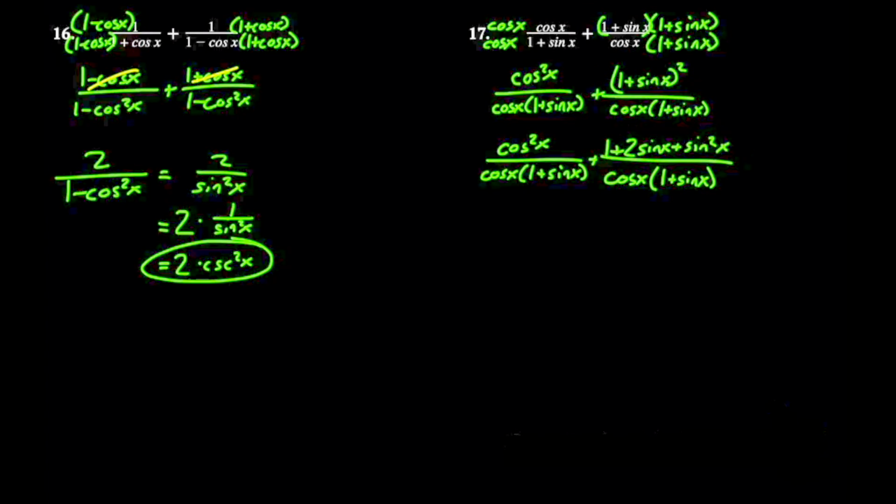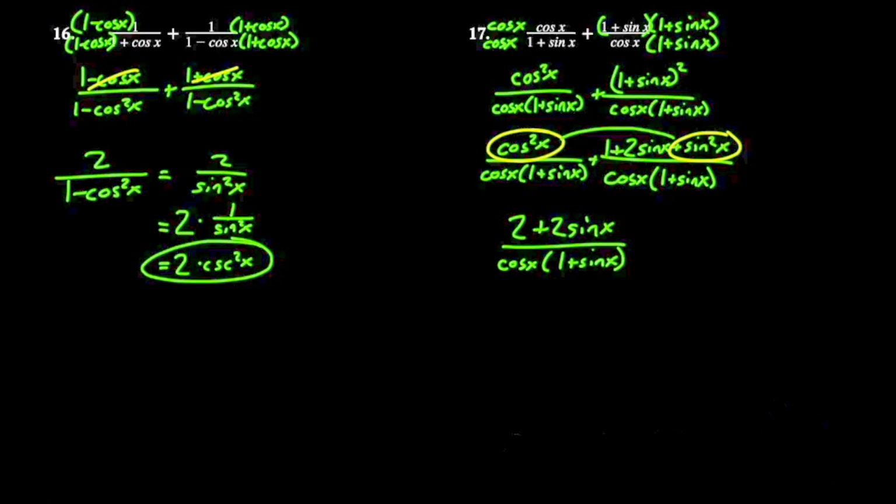So I didn't write the workout, but foiling that together would give me 1 plus 2 sine of x plus sine squared of x. And it seems like we just made it worse, but we do have cosine squared of x plus sine squared of x, and if I put those together, they just make 1. So all of a sudden, these two are just 1 plus another 1, that would make 2. So now I have 2 plus 2 sine of x, and I just combine them into one fraction over the